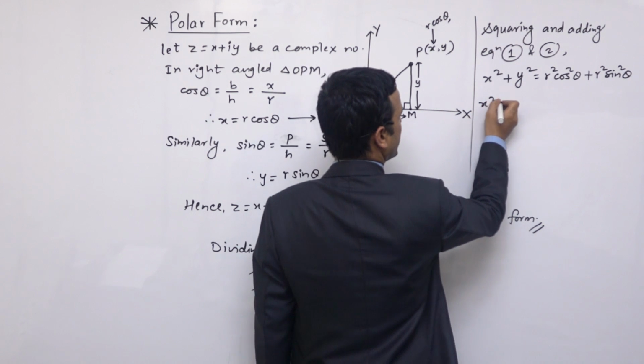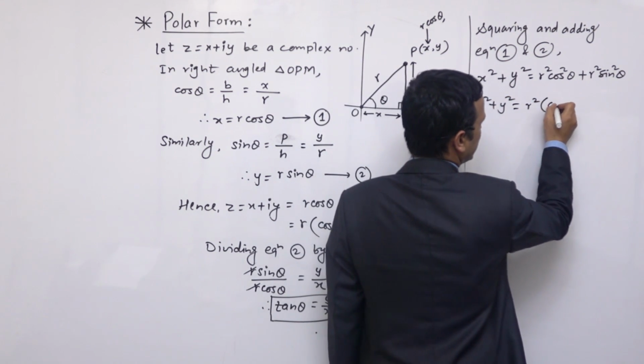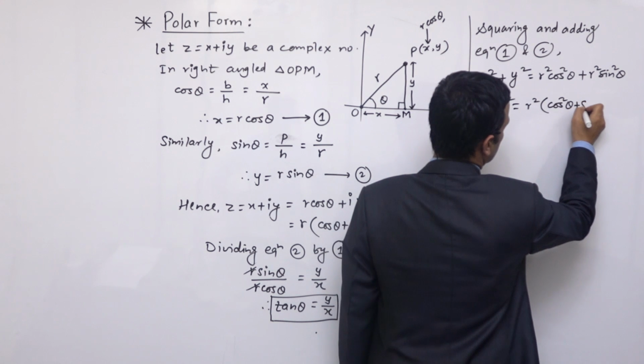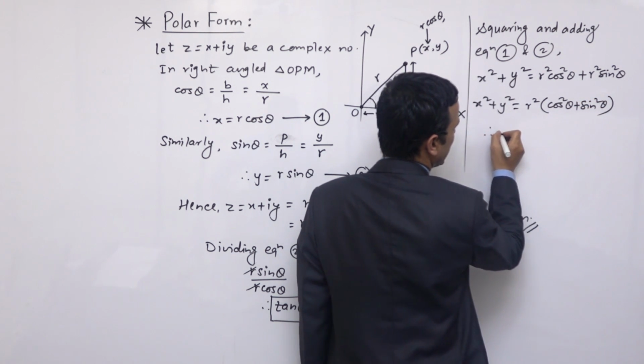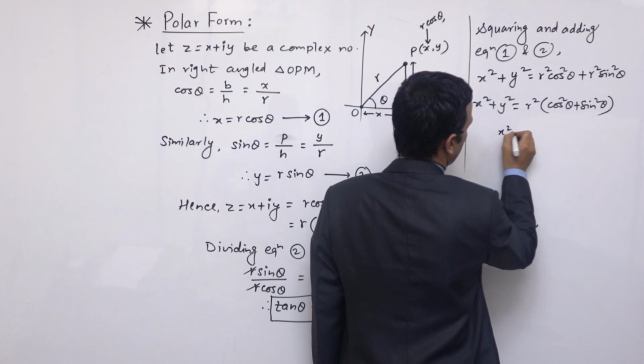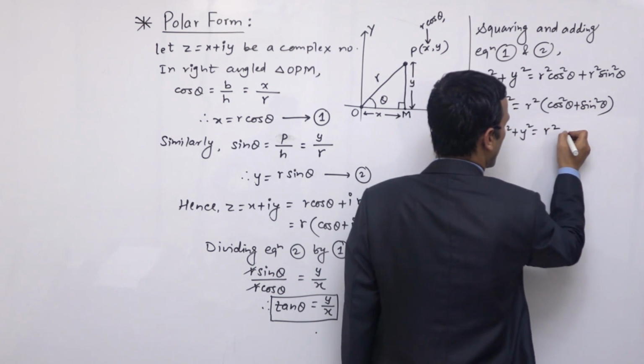If you solve it, then r square is common, so cos square theta plus sin square theta, and we get x square plus y square is equal to r square